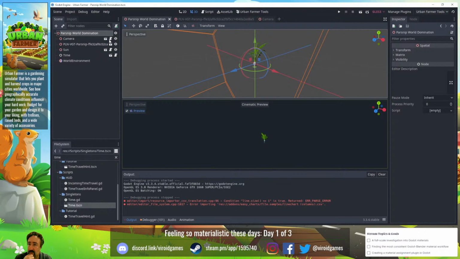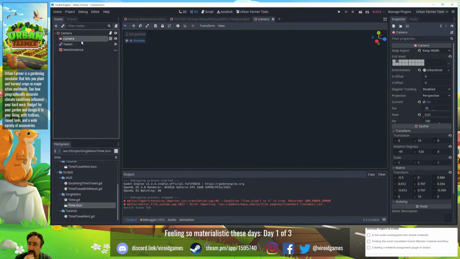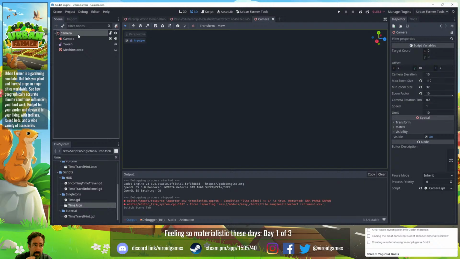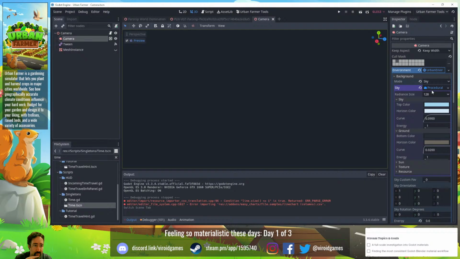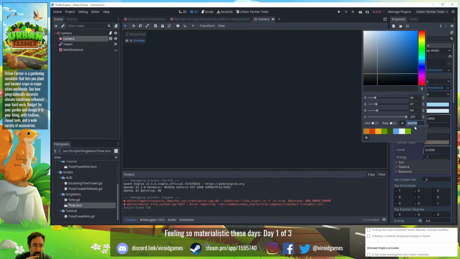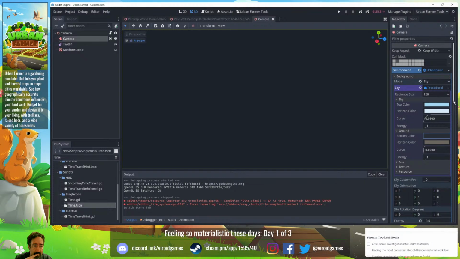Let's look in camera first. Camera instance, urban environment. There's a procedural sky. There's the, let's see, ground bottom color. This is not that color. However,